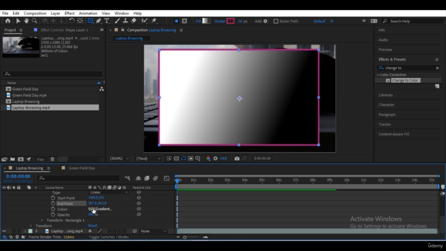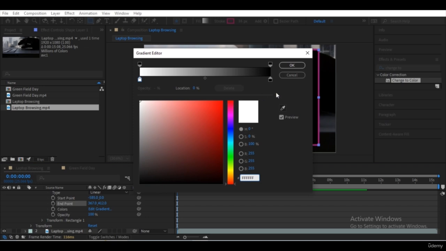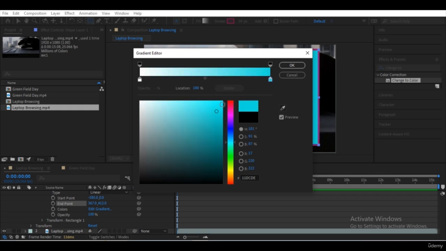And the colors, we can click edit gradient, and we can choose by clicking the color stop right here. We can choose which color that you want, for example like this.